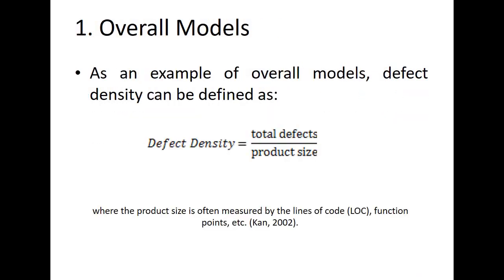Basically this model would lump all the products together, and it is going to provide you a single defect density estimate based on all the observed defects for all the products. Irrespective of what kind of product it is, let's dump all the data and come up with an analysis. So of course you are going to get a very rough estimate. Various product sizing models can be used in conjunction with defect density in order to estimate the total defects